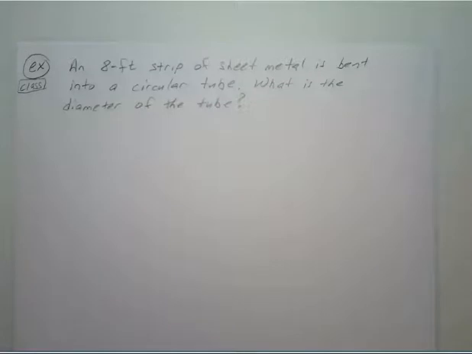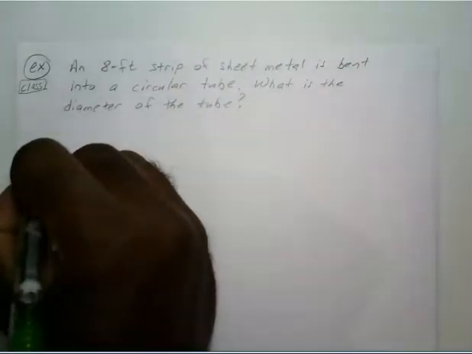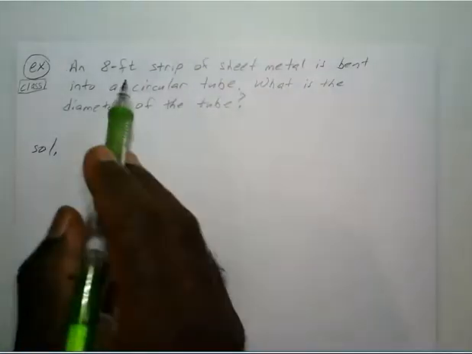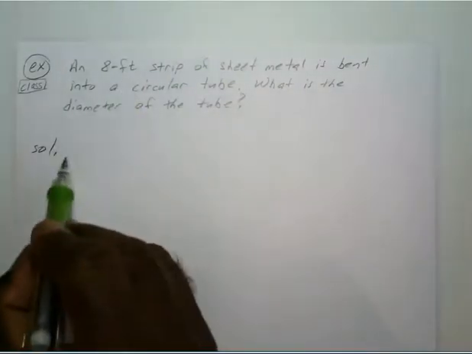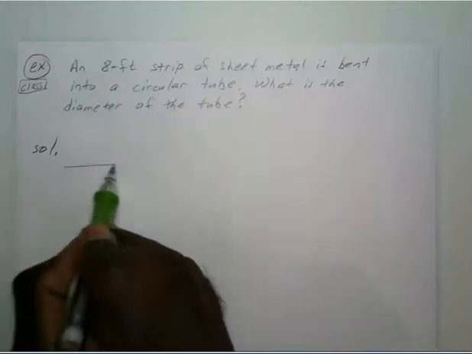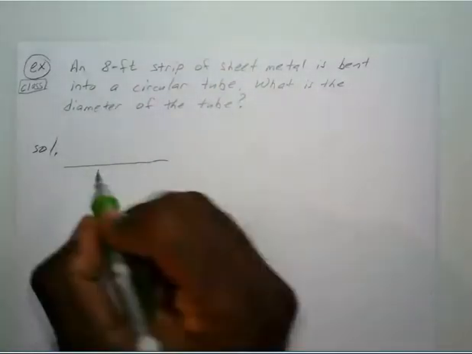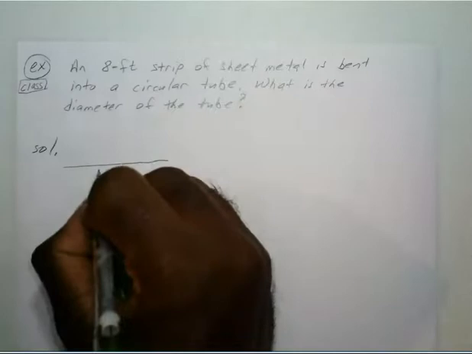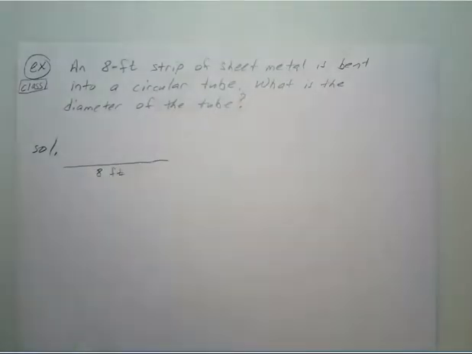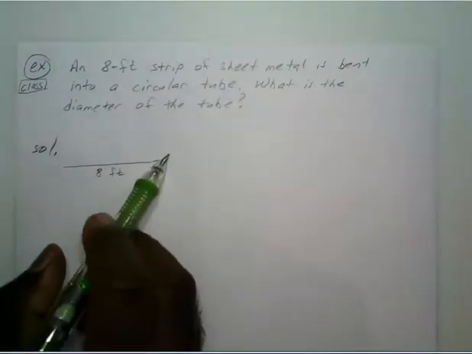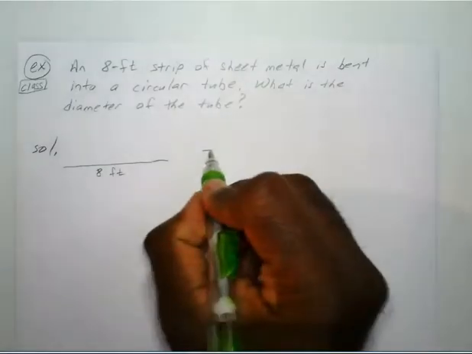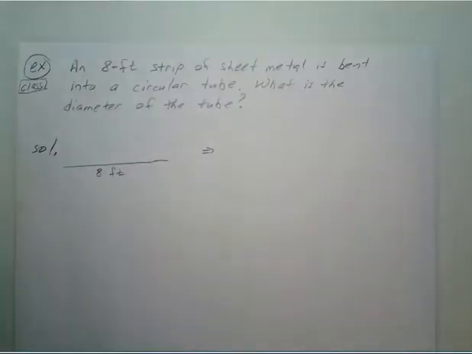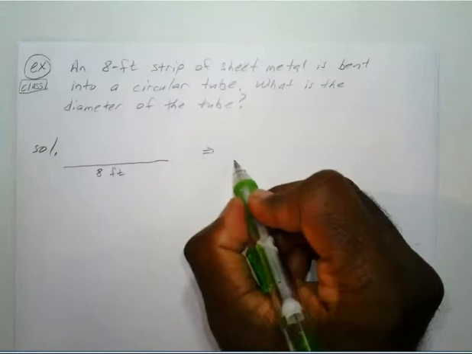All right, so I'm assuming that you have pressed pause and worked this one out. So let's go ahead and verify. Okay, so just to help you visualize, let's say you have an 8-foot piece of sheet metal. Now you get that and you bend it into a circle, almost like if you had a piece of paper and you rolled it into a tube. So if you roll that into a circle,